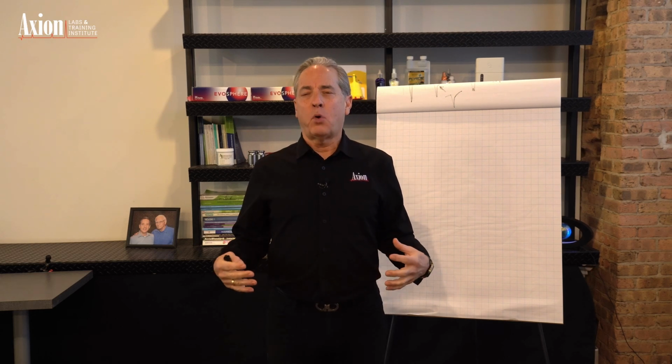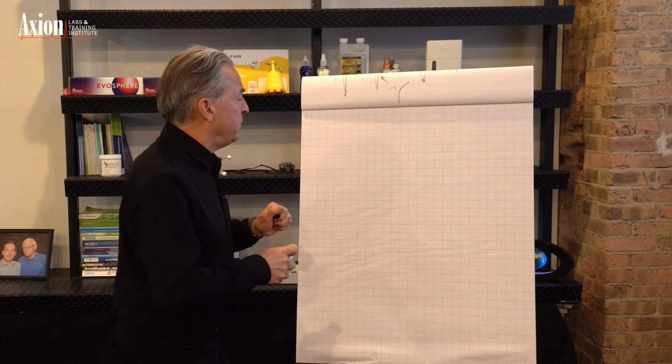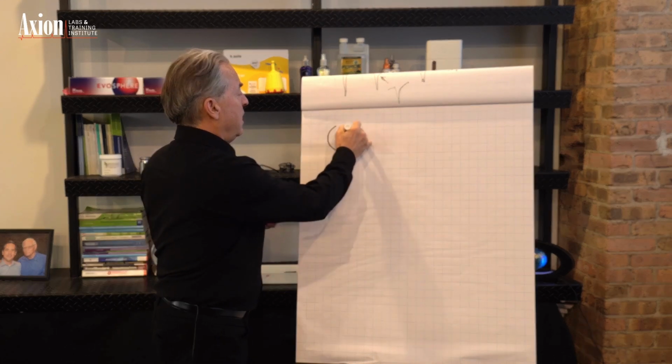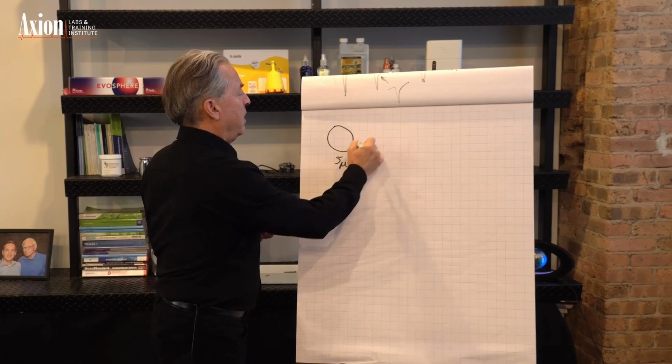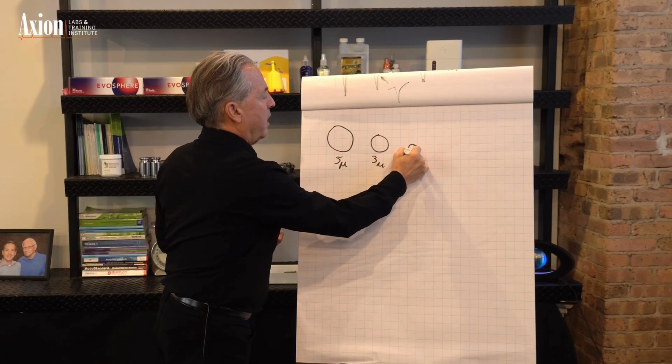So is there another way to get to those ultra high efficiencies without going to really, really small particles? And the answer is yes. This is what we call superficially porous particles. So let me explain this. Think back to Van Deemter. Van Deemter said if we have a 5 micron versus a 3 micron versus a 1.8 micron,